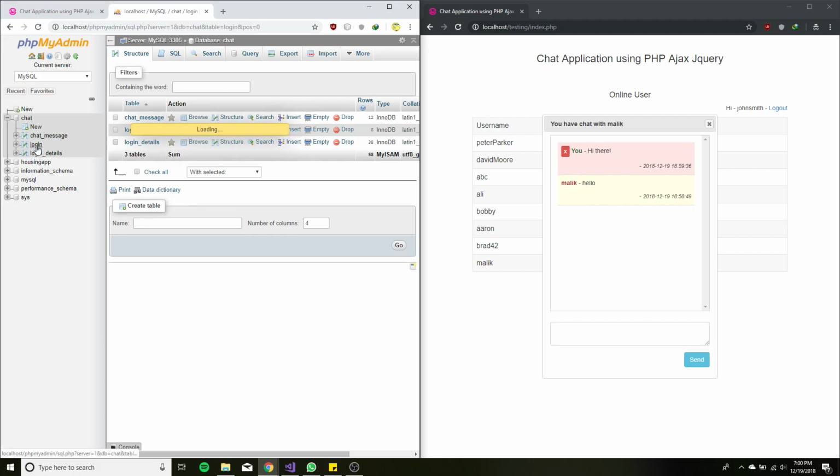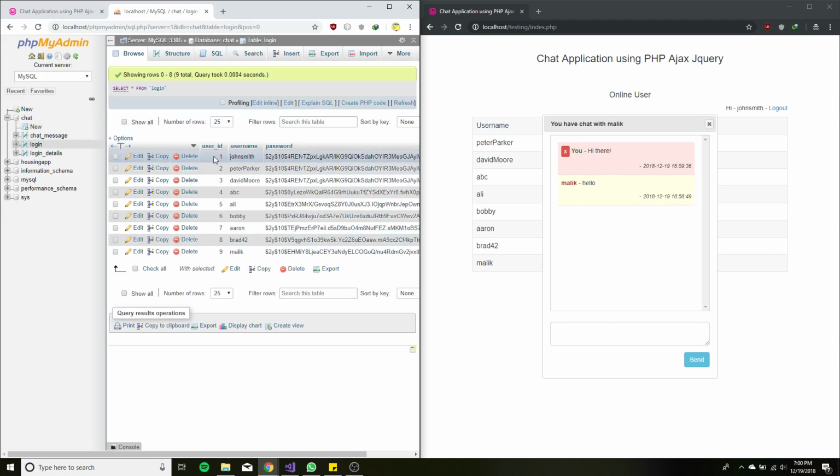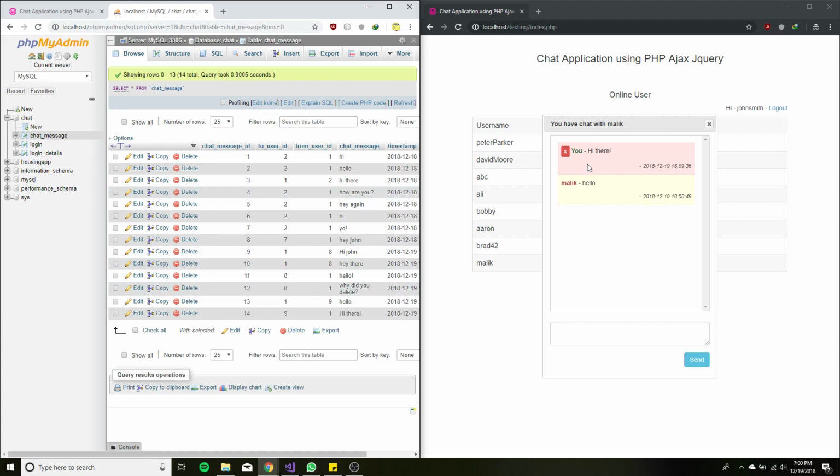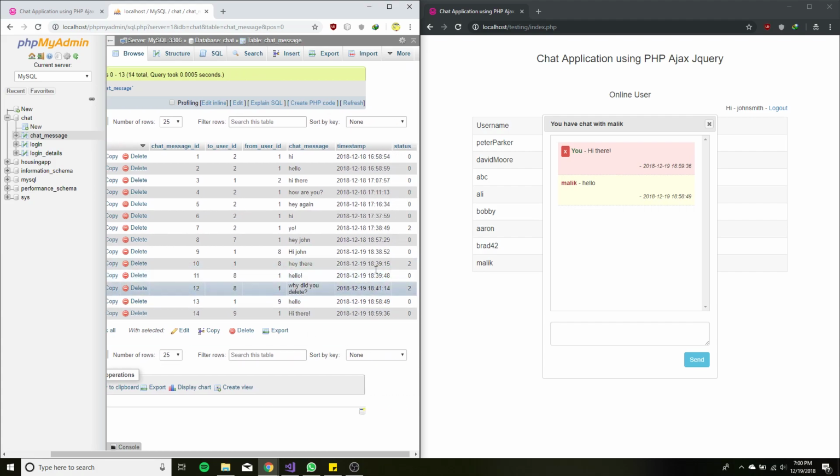Remember when we created the account Malik? So yes, it's being added here, the username. Password will be stored in a hash format, and the user ID is unique, so it auto increments by itself. And again, chat message. The most recent messages are hello and hi there. You can see hello and hi there being the newest messages updated to the table when they were sent. Sent by whom, sent to whom, and